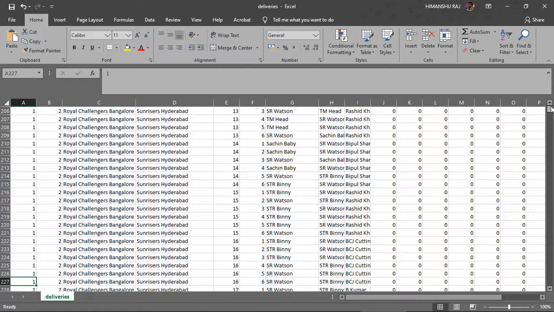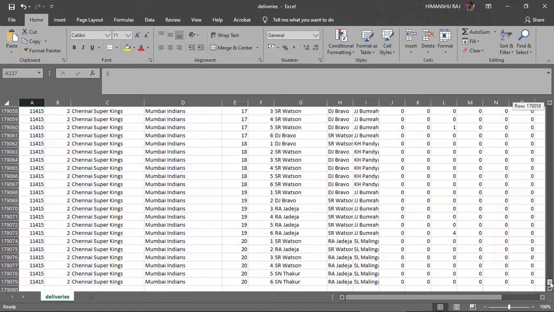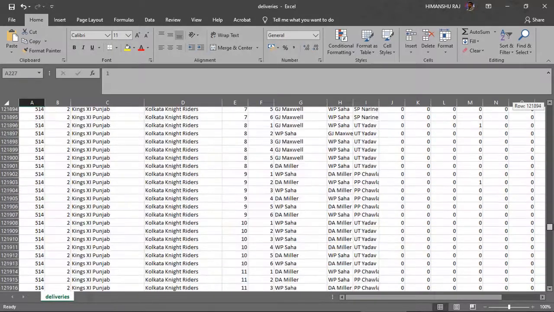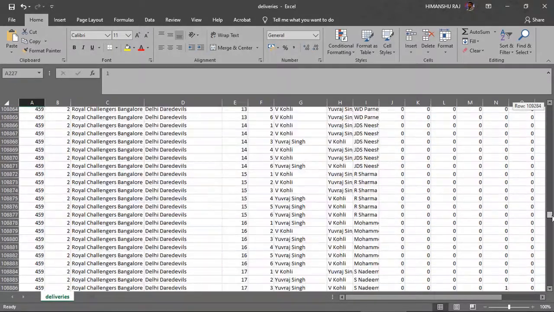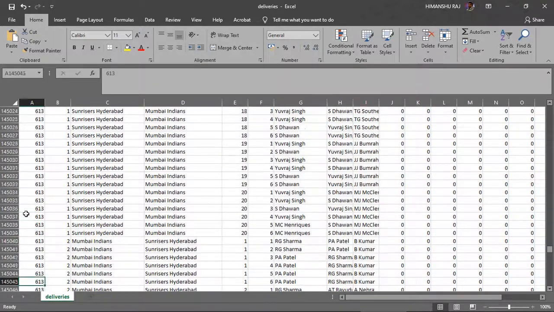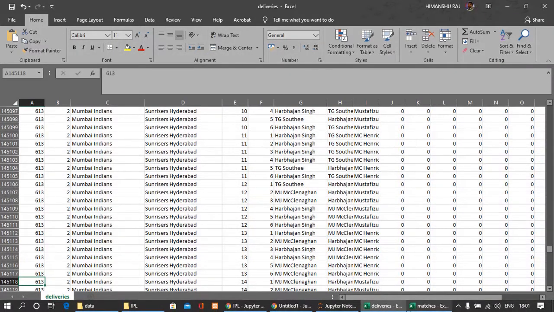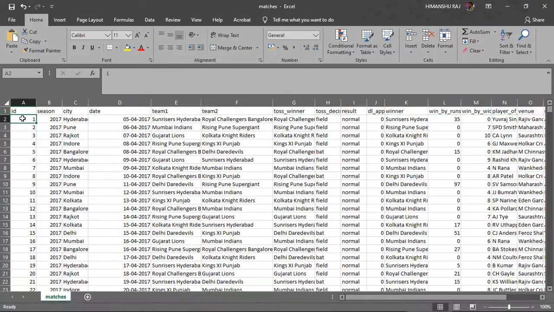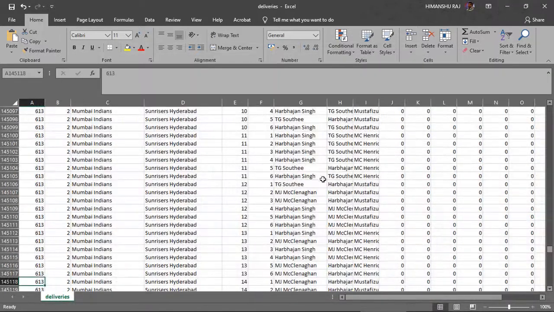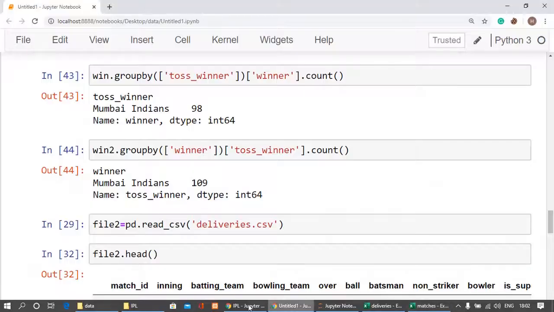So this is the common thing: in both files you will be getting all these values. This is the common thing which relates these two files. So we have considered all these things. Now I will be showing how to proceed further.